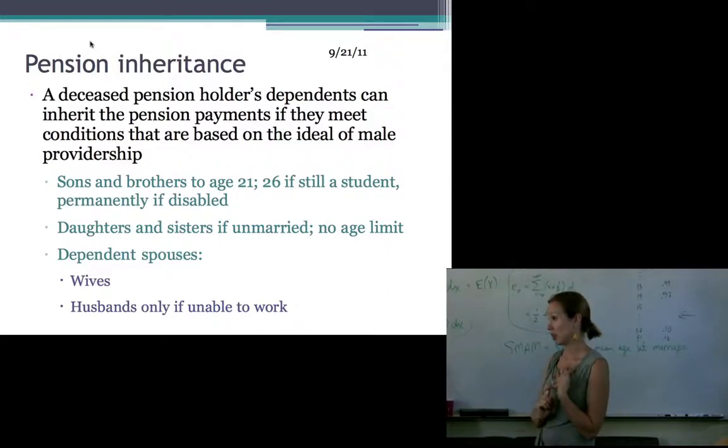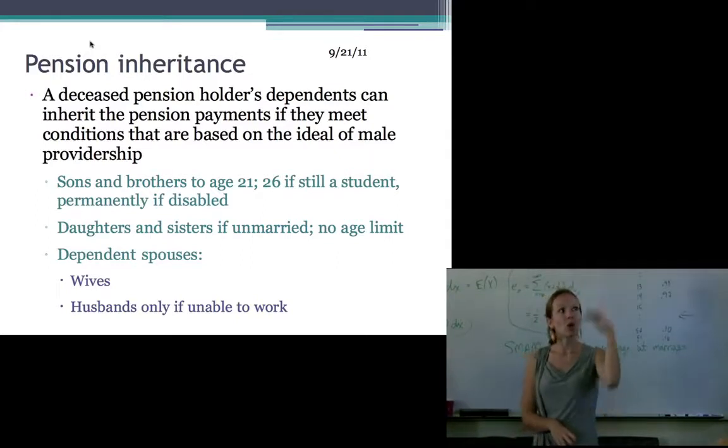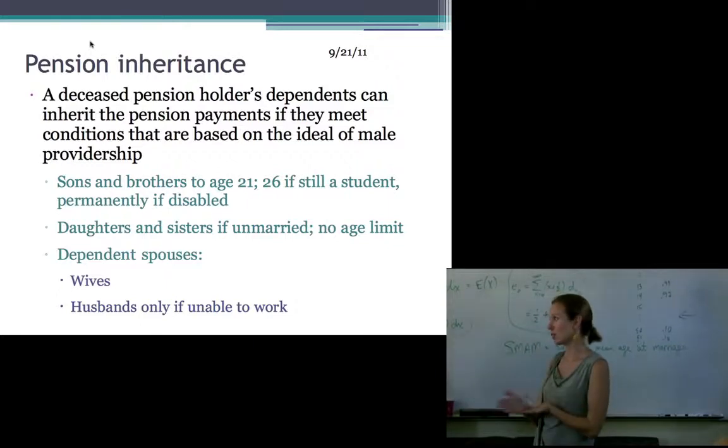Otherwise, your children are illegitimate, and you face a lot of social pressure. And there's all kinds of bad things that happen. The whole social system is based on the idea of male providership. I mean, the ideal, if not the reality, is that there is no woman who doesn't have a male provider, regardless of whether or not she's working. So this pension system is really structured in that same idea, in that if your male provider is no longer around, you should be able to inherit their benefits in order to be able to